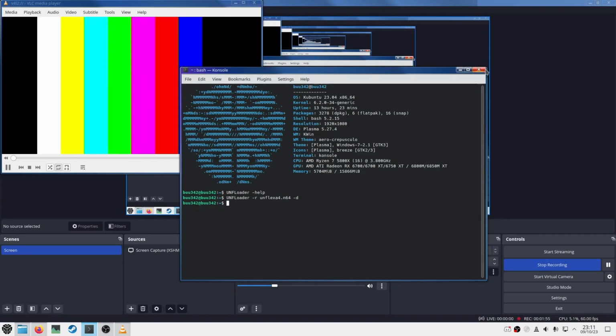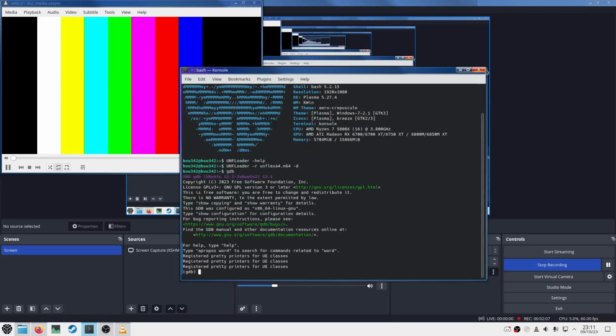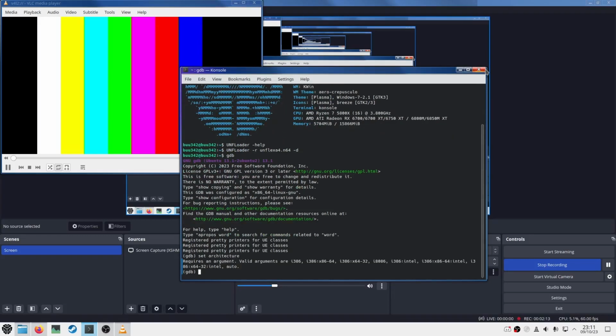Next, we need GDB. Now, I'm not going to get into how to download GDB for your specific operating system, but I am going to outline something very important. If you just install plain GDB, you're going to have a bad time, because plain GDB is only designed to work on your computer. And you can check this by doing set architecture, and you'll get a list of valid architectures. As you can see, this only really supports Intel/AMD instructions, which in the case of the N64 that uses MIPS, this will not work.